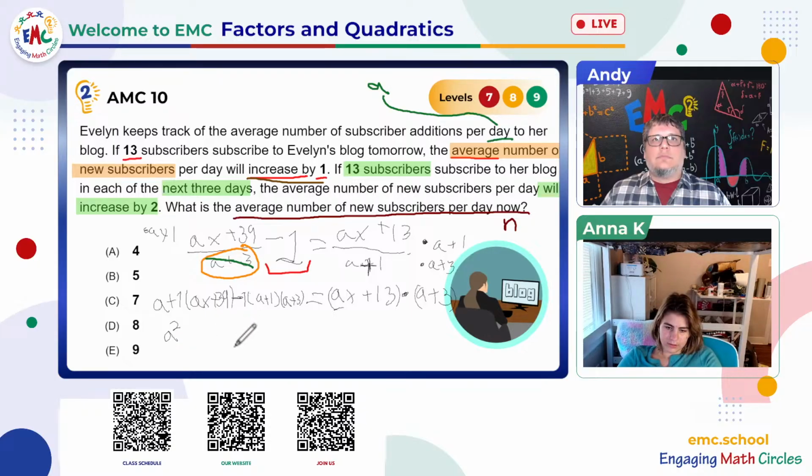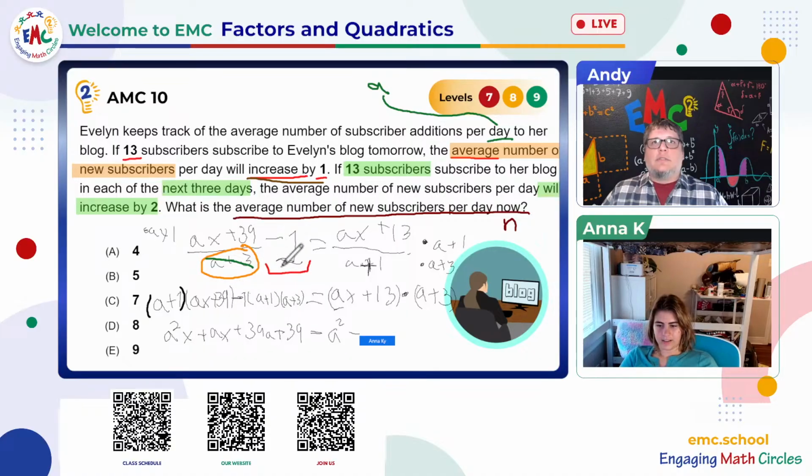A squared X plus AX plus 39A plus 39, minus A squared, minus, everything's going to be minus because of the minus 1, minus 4A minus 3, equals